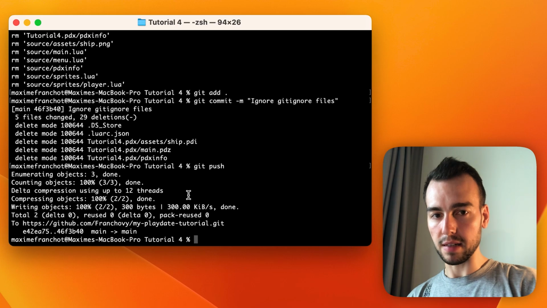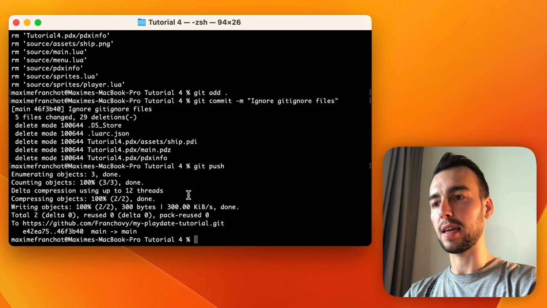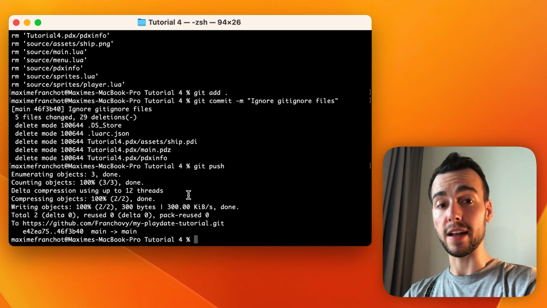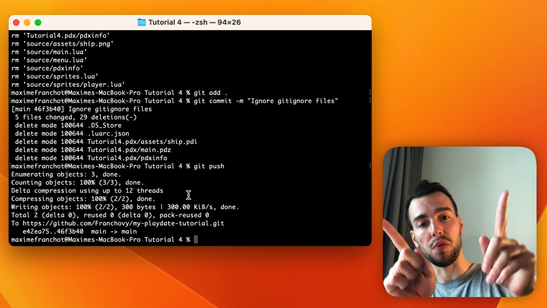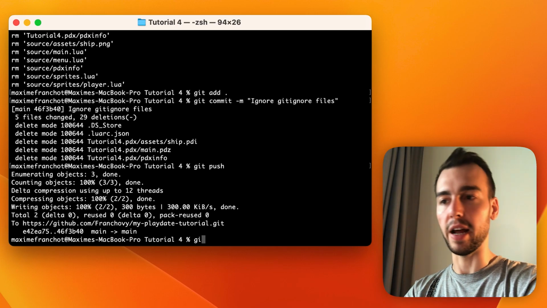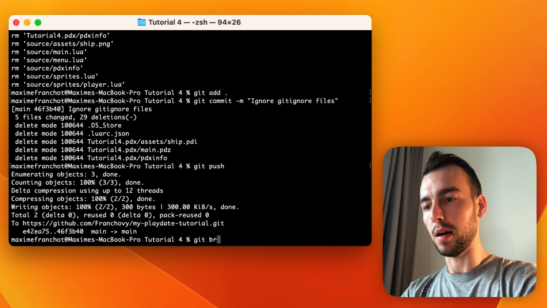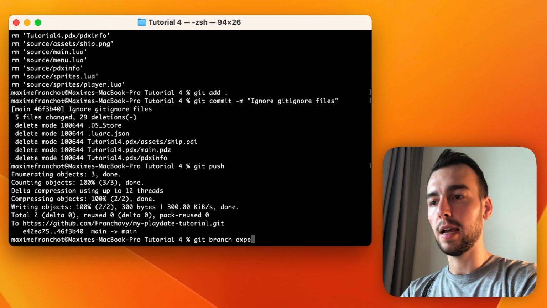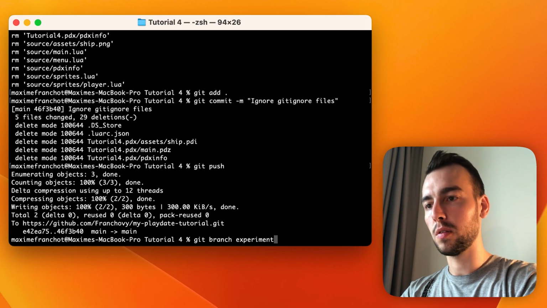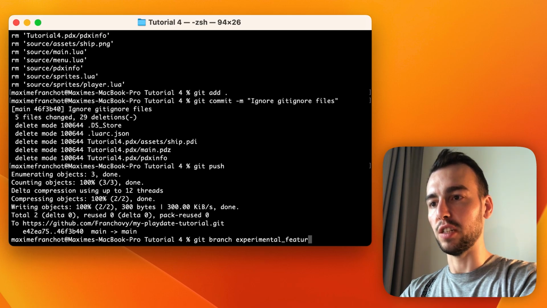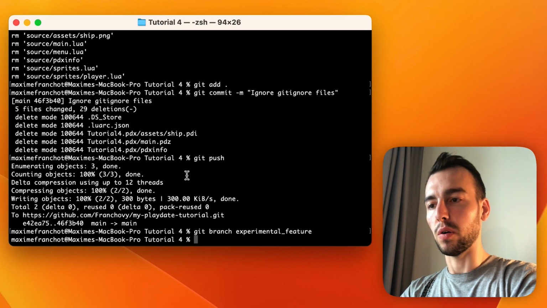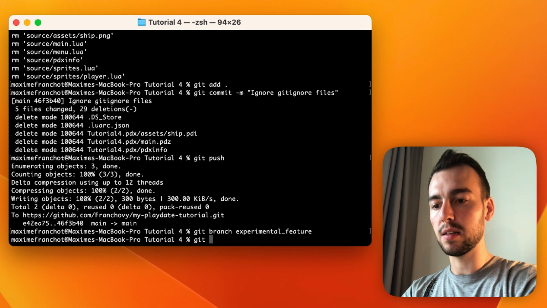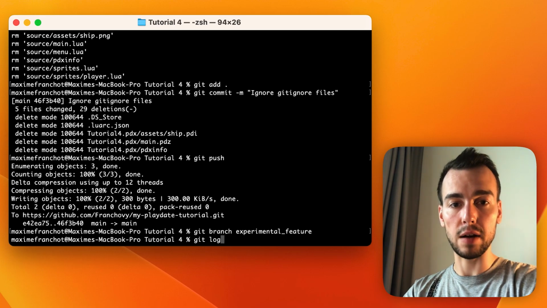Now I'll teach you guys some basics for Git. Let's get into it. So branch is the idea that you can have multiple things at once. So I'm going to type in a new branch. We're going to type in git branch, and I'm going to type in the name of my branch, which is like experimental_feature, for example. So if I now do git log, so this is how you check where you're at within the